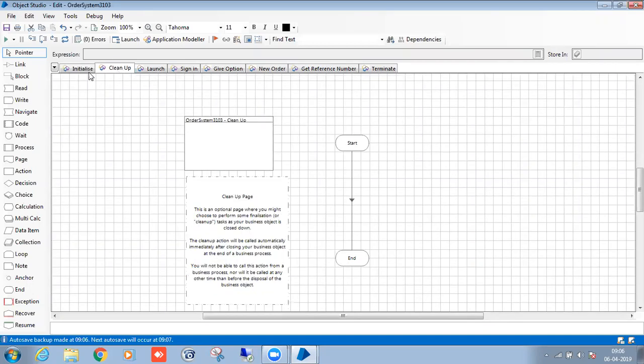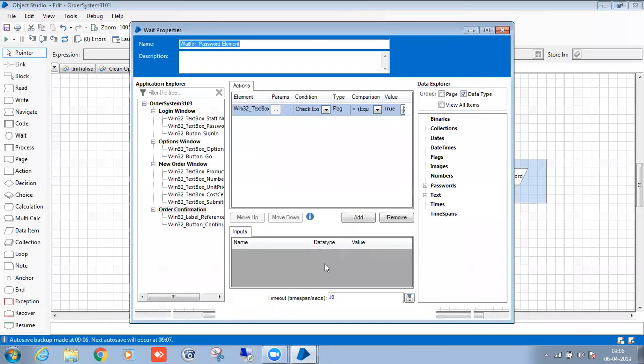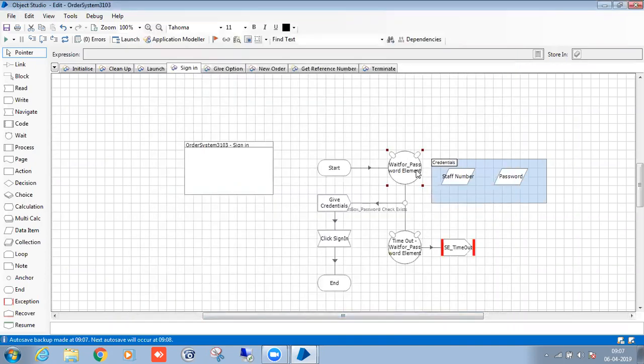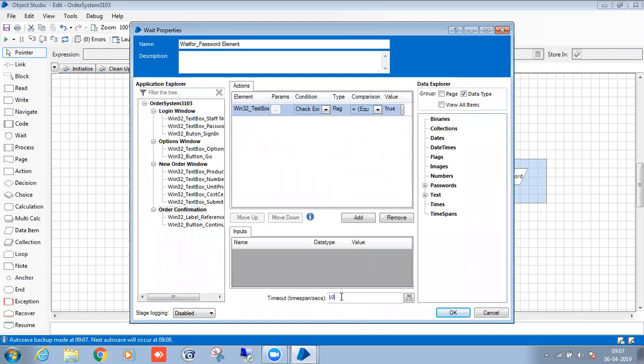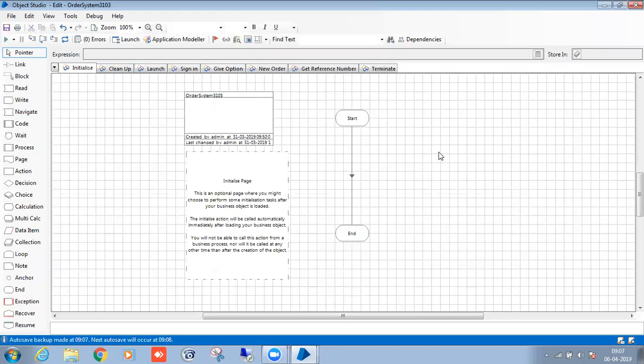So how do we create the global element? In real time, we have now taken the wait, right? I have taken the wait as a hard-coded value of 10. Suppose in the future my client says the server is running very slowly. Then every time he has to go to every wait stage and edit the wait. This is 10, and if my application is running very slow, I have to increase it to 15. Like this, I would need to come to every page and edit this value. We can overcome this by taking a global wait.